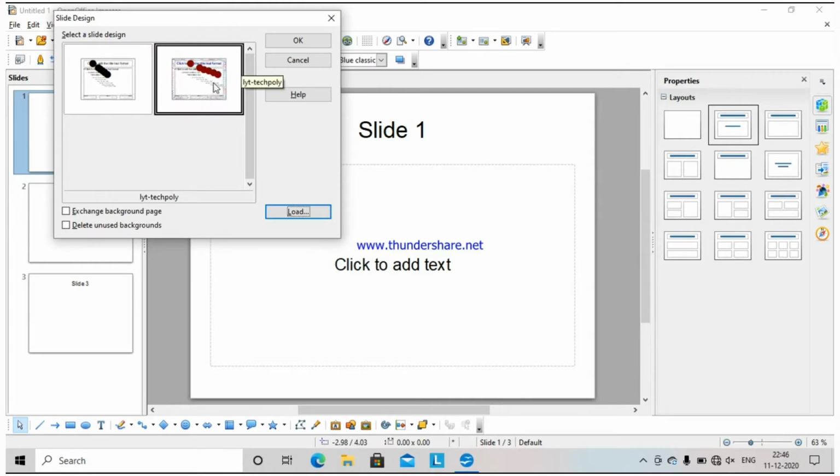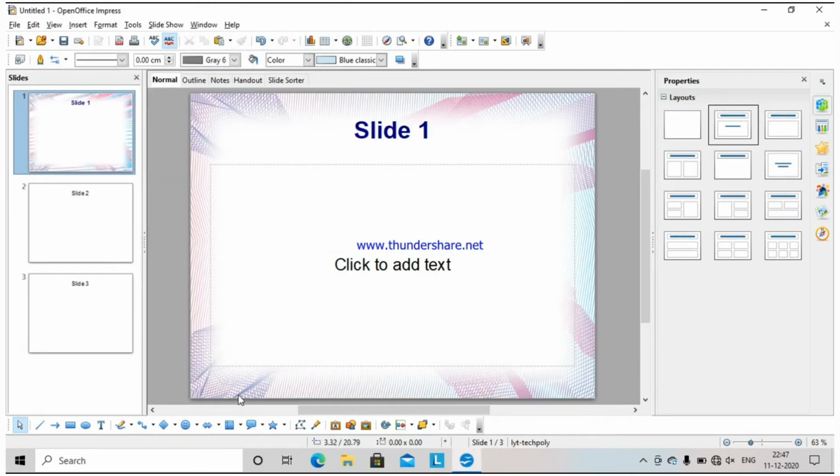This is the template. If I find it is suitable for my presentation, I can continue. If not, again I would click on Load and do the same procedure. Once I am satisfied, I will click on OK. When I click on OK, you can see it is applied to my slide. This way I can add a template to my presentation.